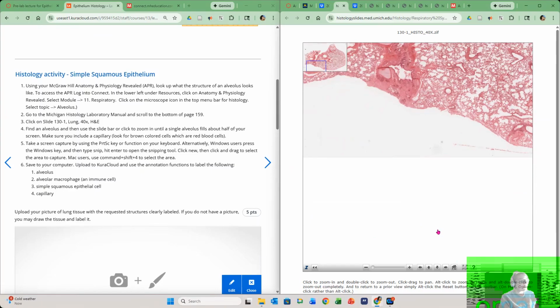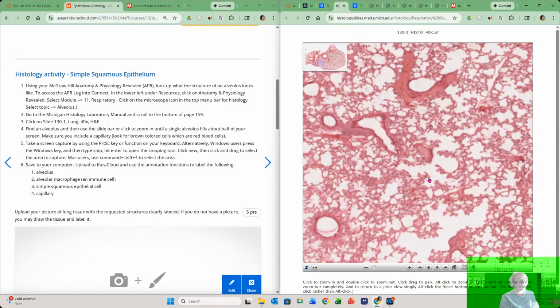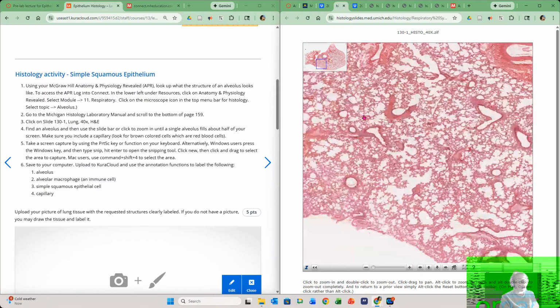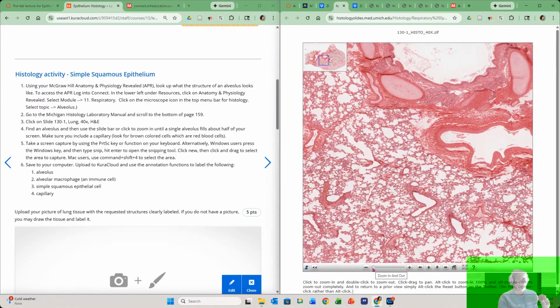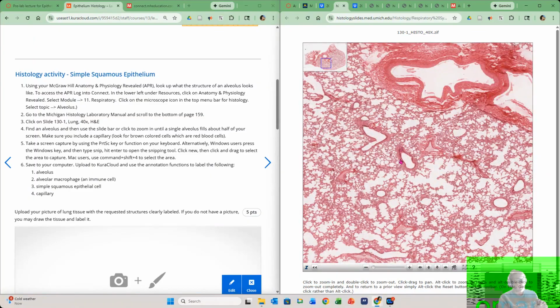Okay, so let's come back here. You can also single click to zoom in, and you can double click to zoom out. What I want you to do is move around. I want you to look at the tissue at a low magnification. What we see here is probably one of those bronchioles, probably a larger one, maybe a primary or a secondary one. And then these other,